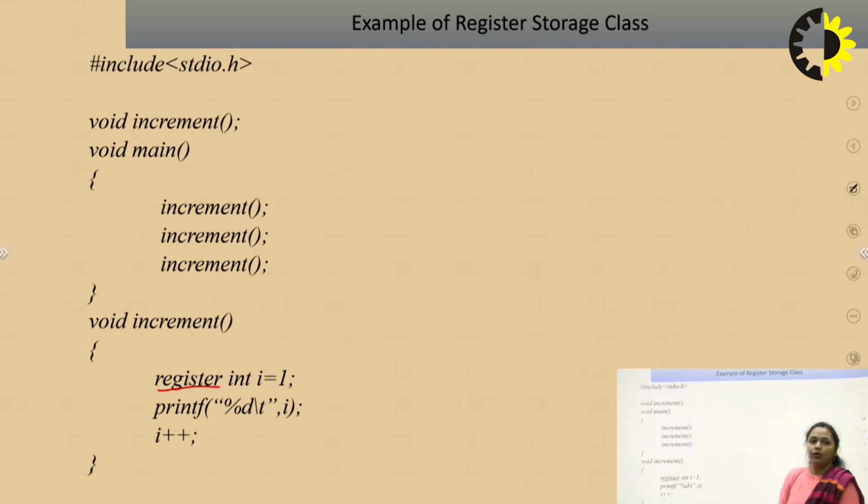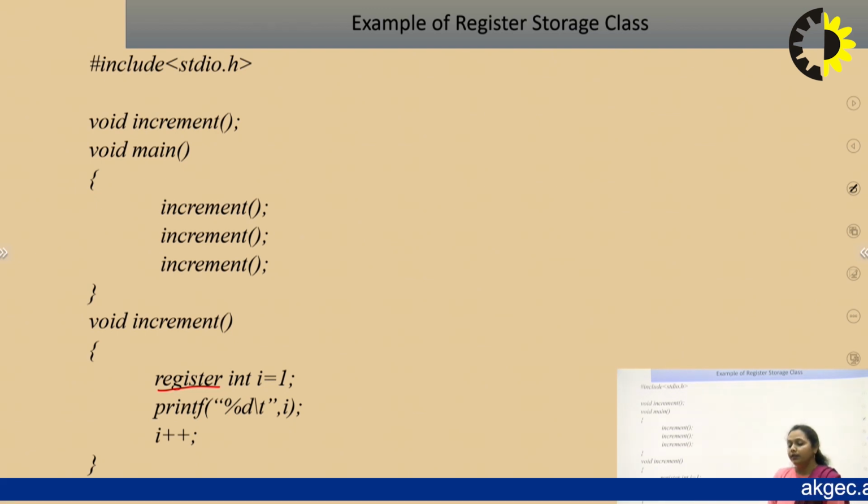We can compare with the previous slides. In automatic storage class and in register storage class, there is only one major difference. That is, for register storage class, the variable will try to access CPU registers first. After that, if the CPU registers are not available, it will access the main memory. But in automatic storage class, the data is directly stored in the main memory. But the rest of the three fields are the same: the default value, scope and life.